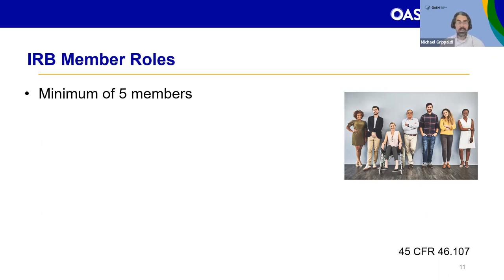A possible disadvantage to having a larger number would be scheduling. It's a lot easier to get 5 people in a room together than it is to, say, have 10 people get together. Or, I'm sorry, online virtually. So this, of course, might have a negative effect on the IRB's ability to review research if you can't meet quorum because you have too many members.